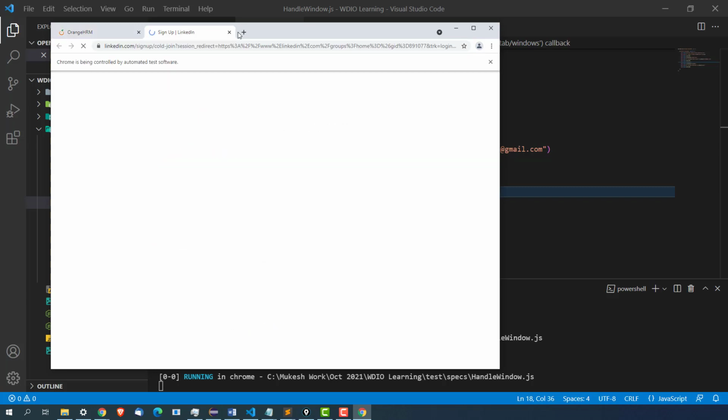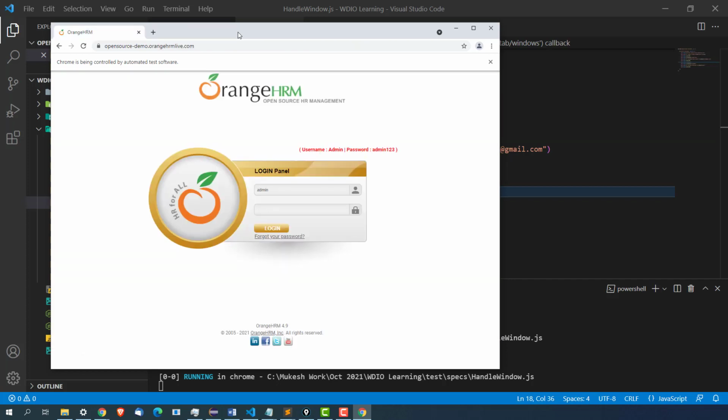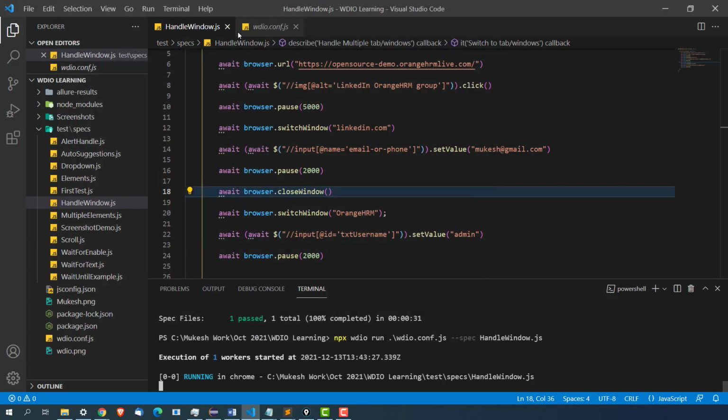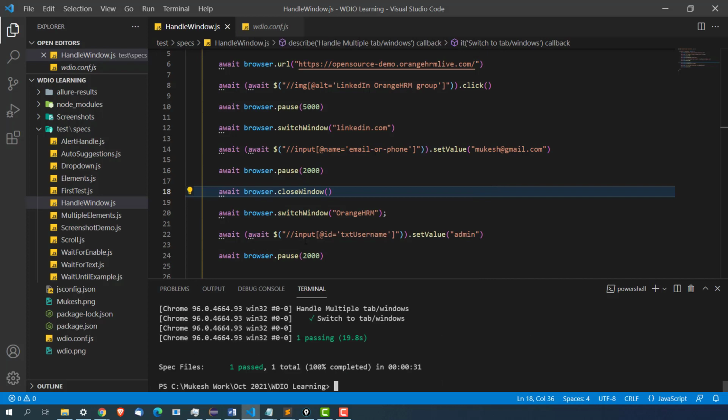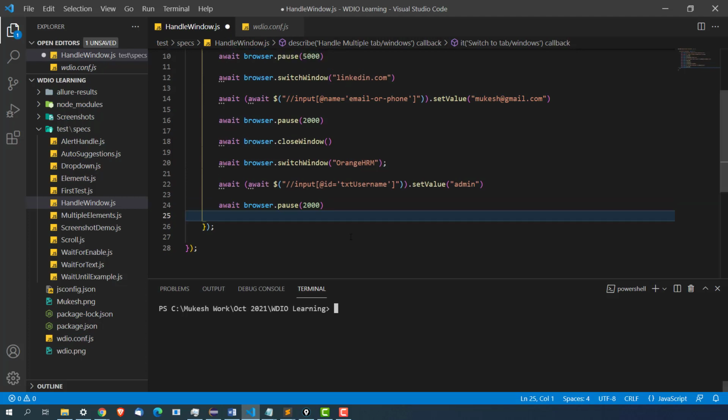You can see LinkedIn now. After 5 seconds, you will notice some switching. Yes, it will type, and notice it closed, and now it went back and typed admin, and after 2 seconds it closed. Easy, right? I hope it is clear now. It's very easy to switch between tabs or windows using WebdriverIO.